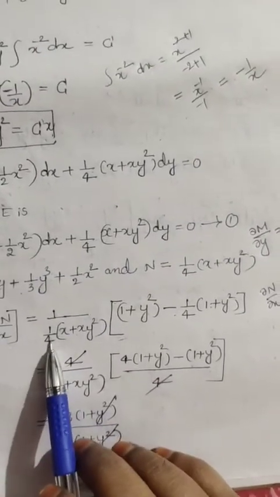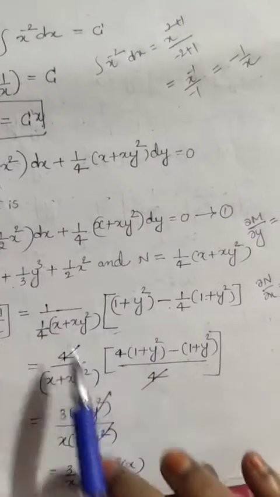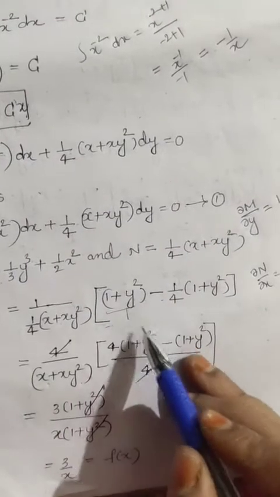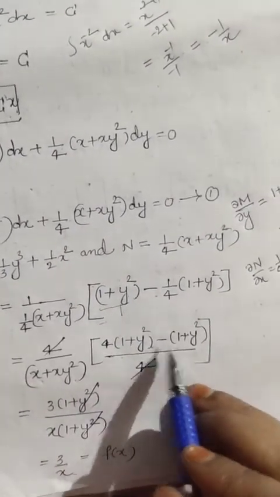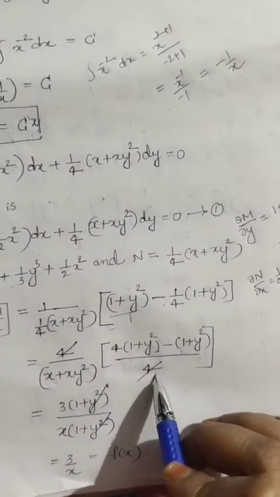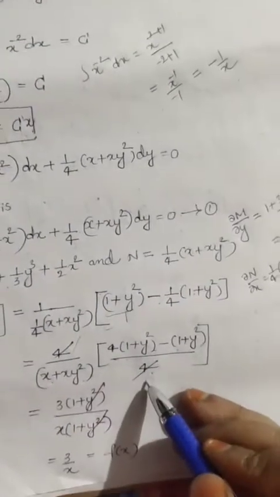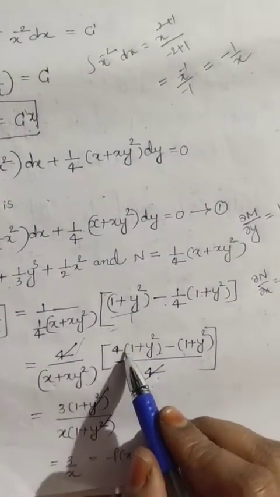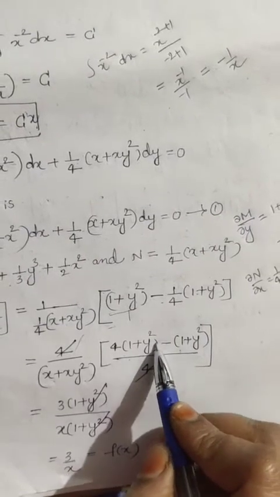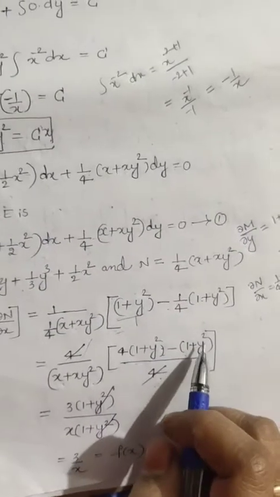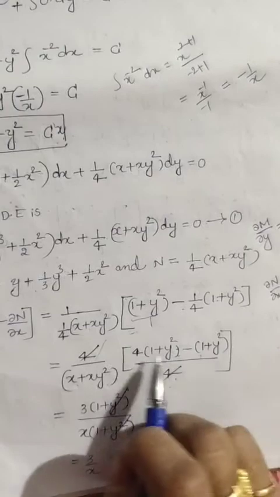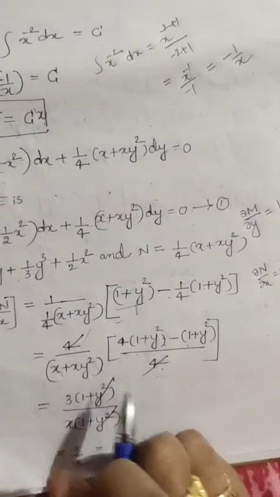So taking this 4 into the numerator, 4 by x plus xy square, and by taking LCM, 4 into 1 plus y square minus 1 plus y square by 4. So here the 4 gets cancelled. Now 4 into 1 plus y square minus 1 plus y square, 4 minus 1 is 3,